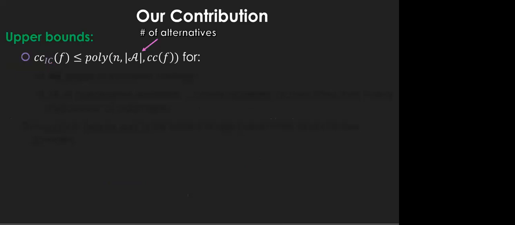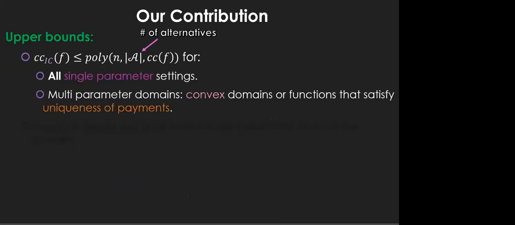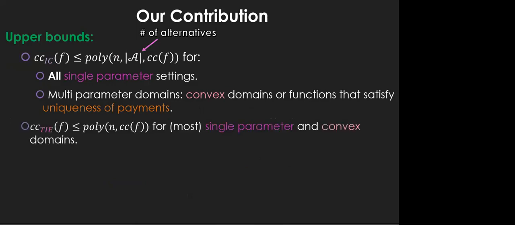Now let's get to some positive results. For deterministic implementations, we show that in several settings, the communication cost of a function and its payments is polynomial in the number of alternatives, the number of players, and the communication complexity of the function. Those settings include all single parameter settings and some multi-parameter settings, such as convex domains and functions that satisfy uniqueness of payments. We also show that if we compromise on truthful in expectation mechanisms, many functions can be computed with